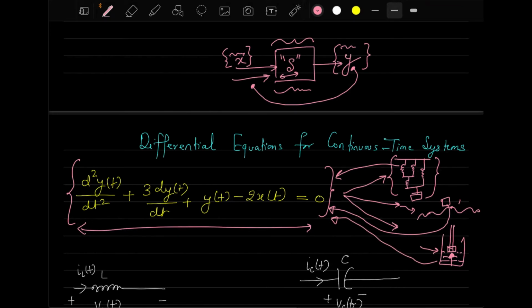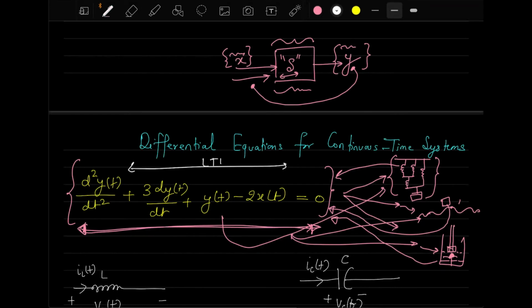So this differential equation is basically a governing equation for many systems. If we quantify this general system, then we are quantifying all these individual systems. If we say that this particular system is non-linear and time variant, then that comment on this differential equation will apply to all the systems which we discussed. All the systems which we will be discussing will be non-linear and time variant.